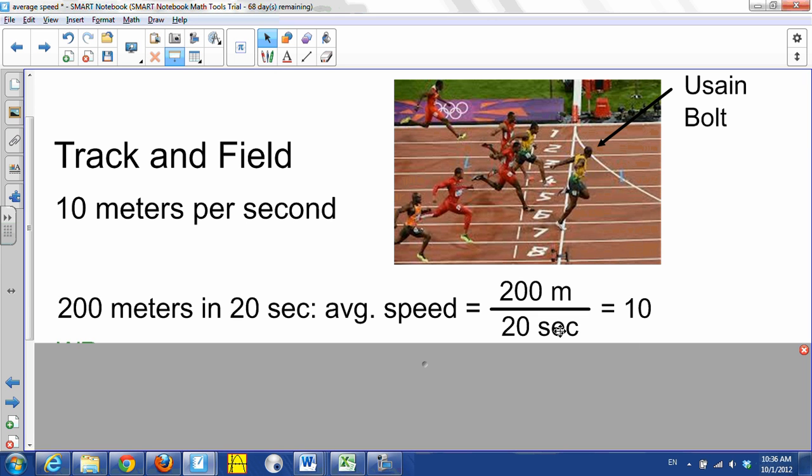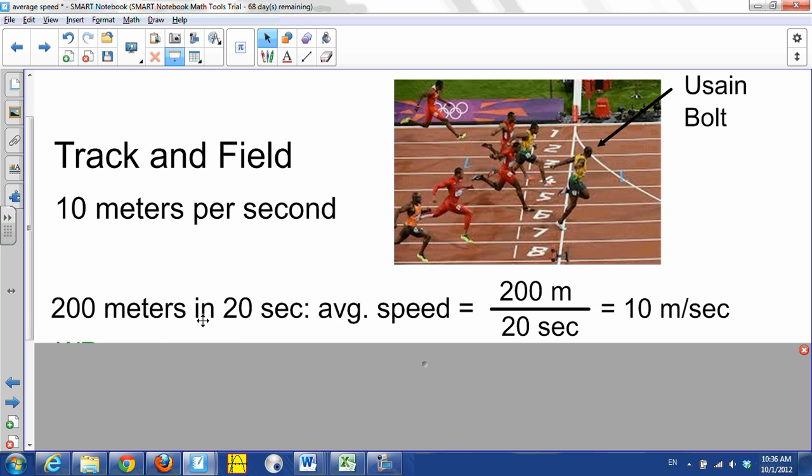Meters divided by seconds gives you meters per second. That little slash is representative of division, but the slash means per, meters per second, which means every second 10 meters are covered. If every second 10 meters are covered, then in 20 seconds, 200